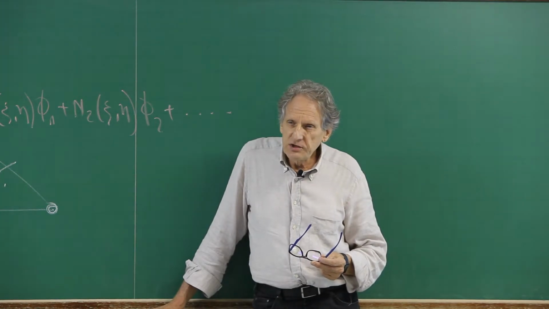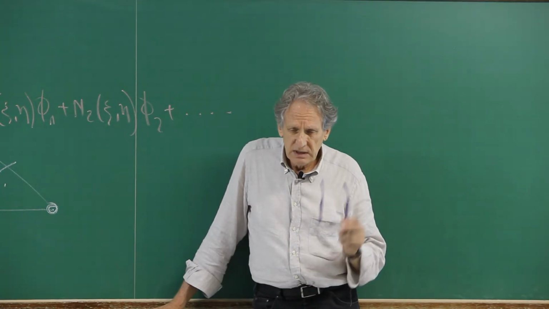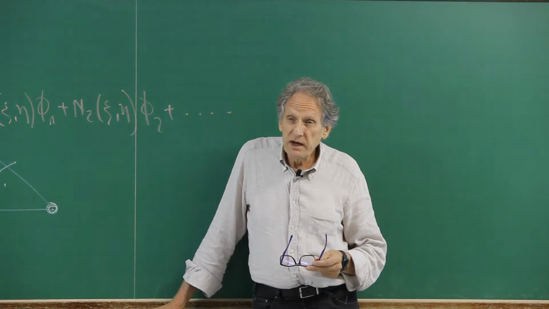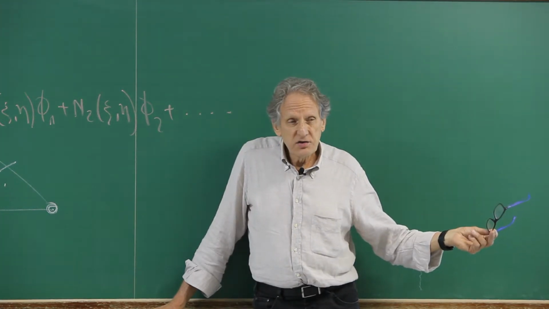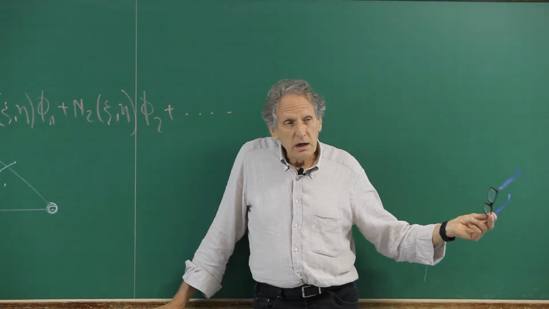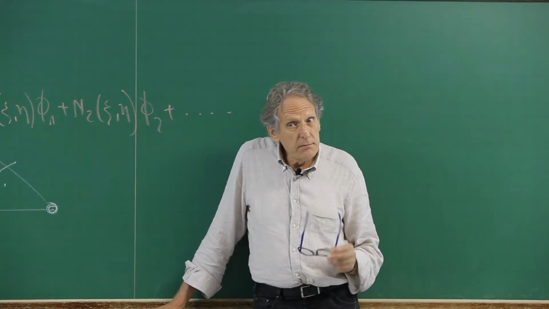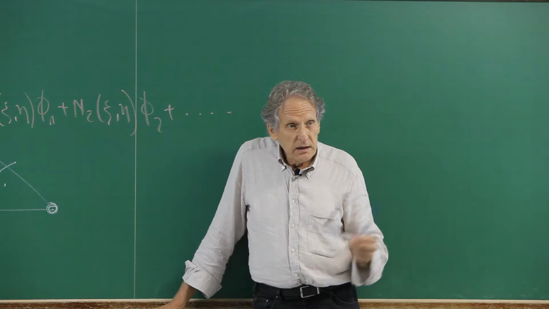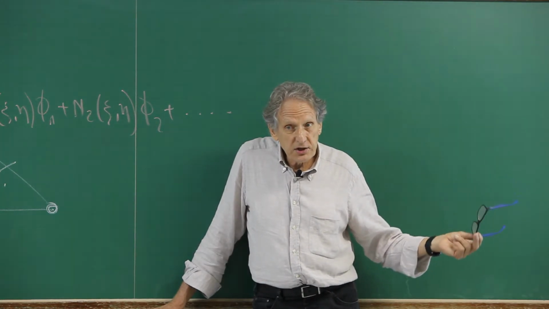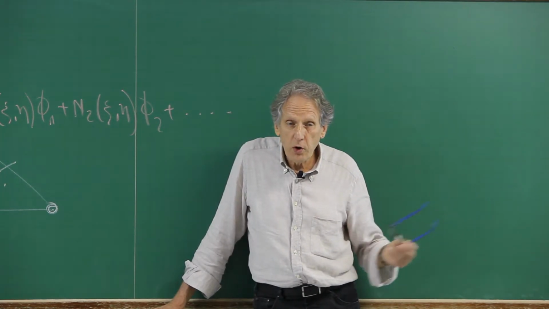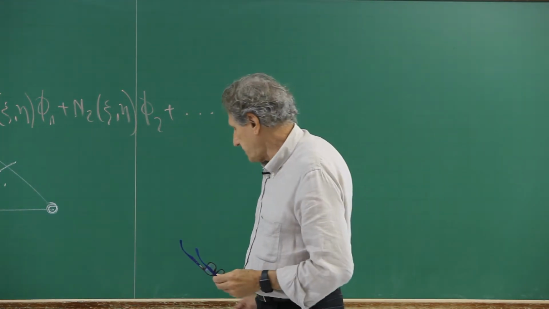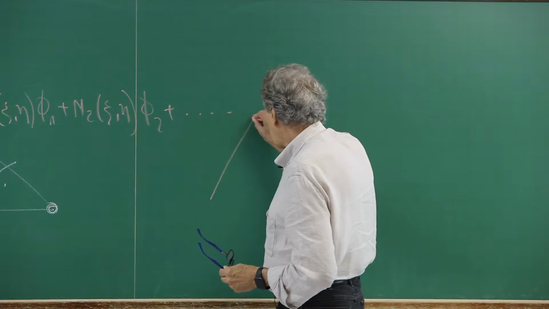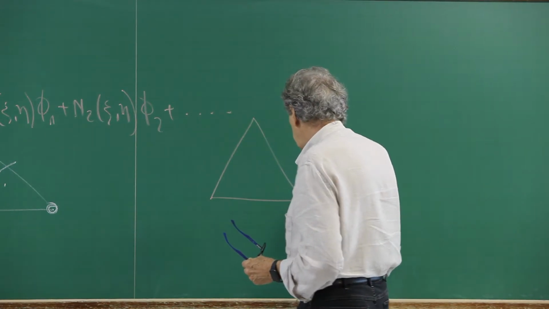He was a PhD student in Minnesota, supervised by Professor Patankar, and he started with using triangular meshes, unstructured triangular meshes, for solving fluid flow problems. But he didn't use the shape functions at the beginning. He had a triangular element,